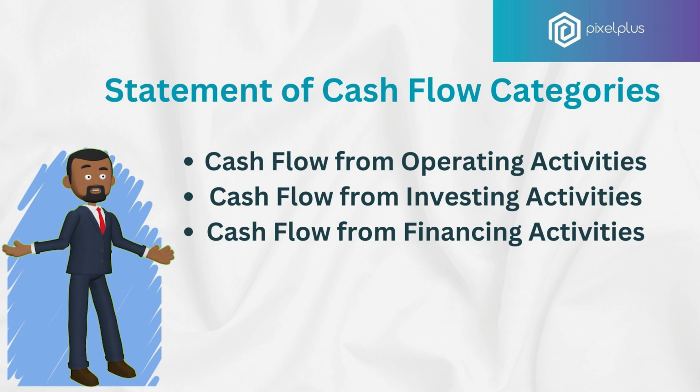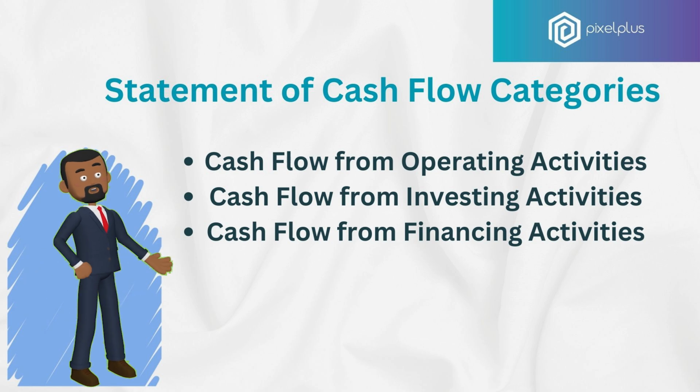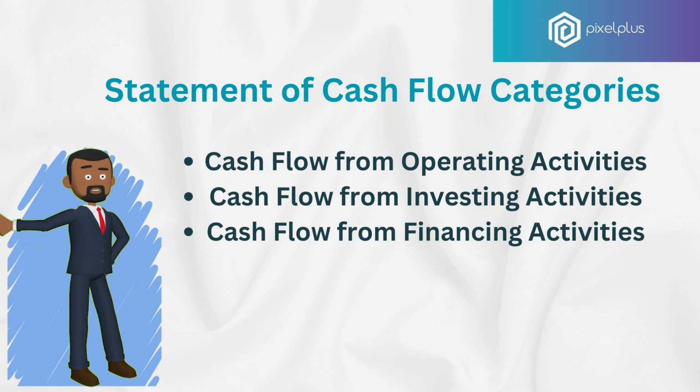And the third is financing activities. This section highlights cash flows associated with a company's financing structure. It includes cash received from issuing debt or equity, repayments of loans, dividends paid to shareholders, and other transactions involving the company's own financing. This section is crucial for understanding how a company funds its operations and growth through external